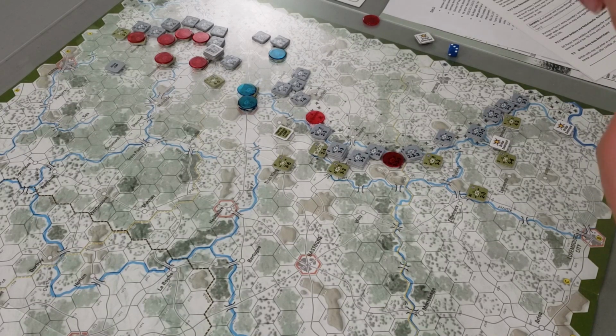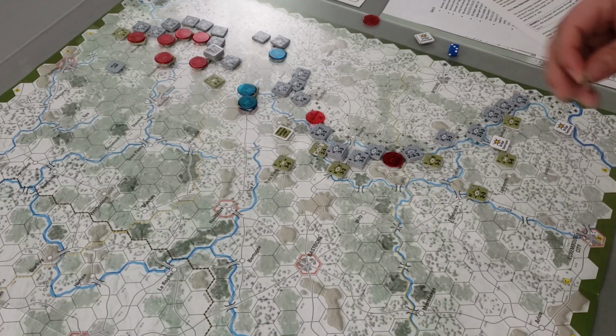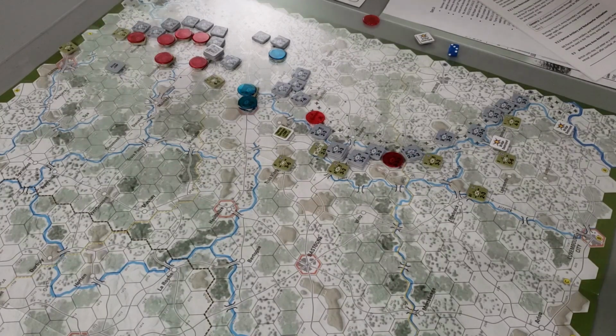Okay, so this guy can come in at H, and what he's probably going to end up doing is going 1, 2, 3 to aid that guy. And then the rest of these folks